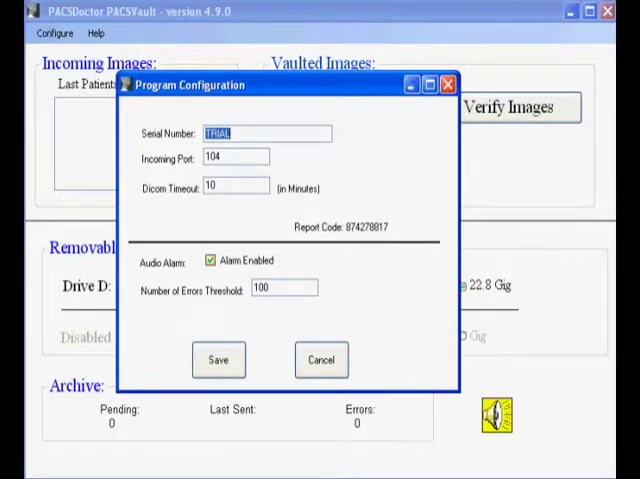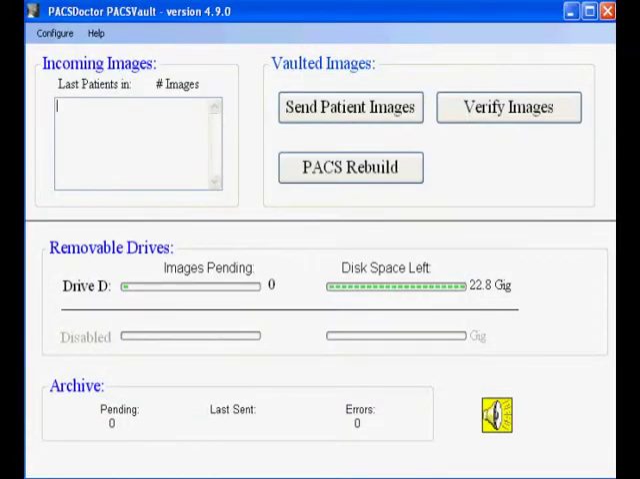The first says whether there will be an audio alarm, and the second says how many errors before we start the audio alarm. This is a sound the program makes to indicate that something is not working as expected. So in this case, if we get 100 errors going to the archive, the alarm will start, and it will then turn off if it gets down below 100 errors. We can save any changes, we can cancel. The next configuration